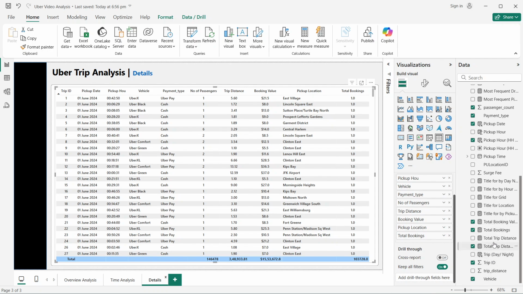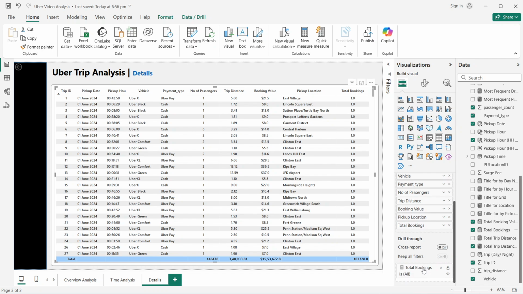So what I will do, I will add the total bookings to drill through. You can see. Then I will add the total booking value as well because that has also been used. Then I will also add the total trip distance, but I will add the measure one because we are making use of that particular measure value over here, not this total trip distance which we used to create a KPI